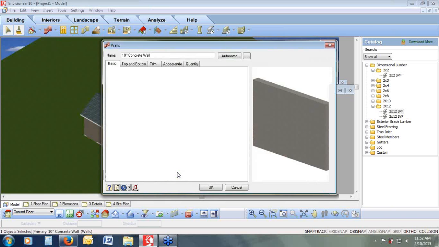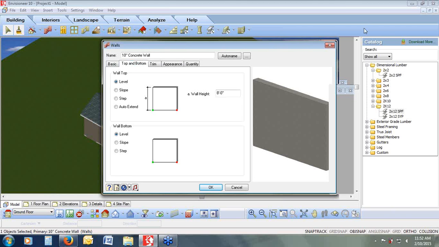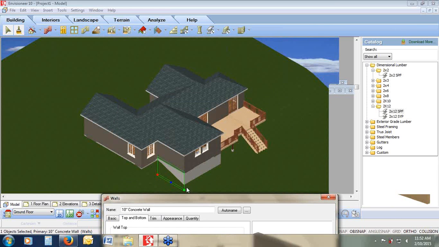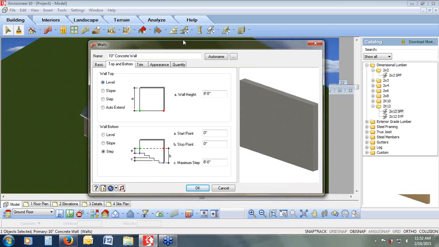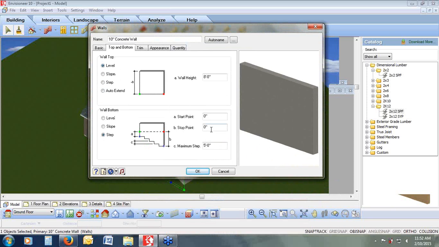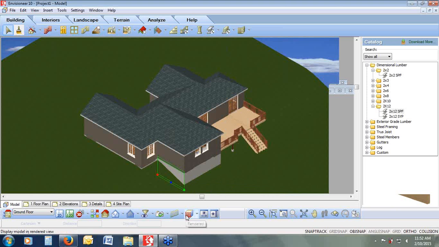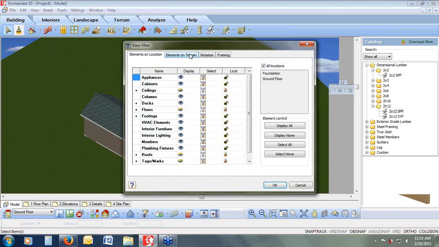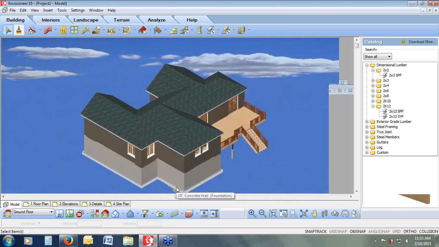If I look at the wall itself, it would be just like when we were altering the height of the wall. I can step down the bottom of the wall too and tell it that at our green dot out here at the edge of our property, it's going to be going down to our full 8 feet, but I'm going to step that down even further, going down a further 4 feet, and tell it that the maximum step distance that I have according to my local building code might be 8 inches, might be 1 foot, 12 inches. So it will step down. If I turn off the terrain here, it will step down that